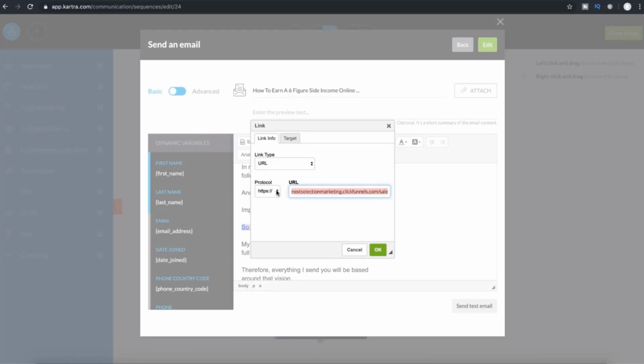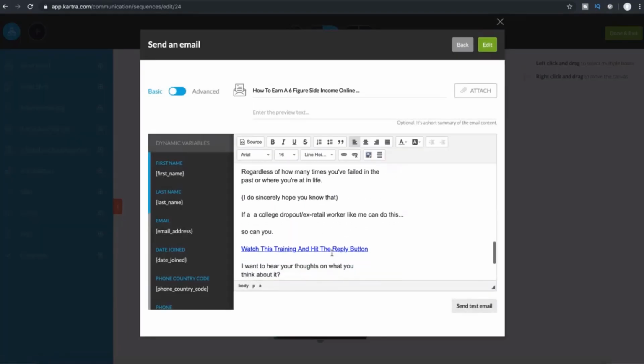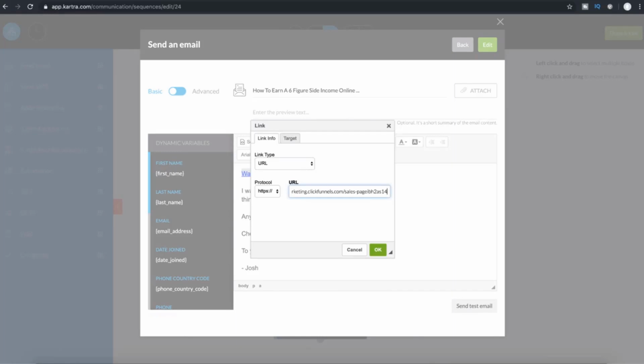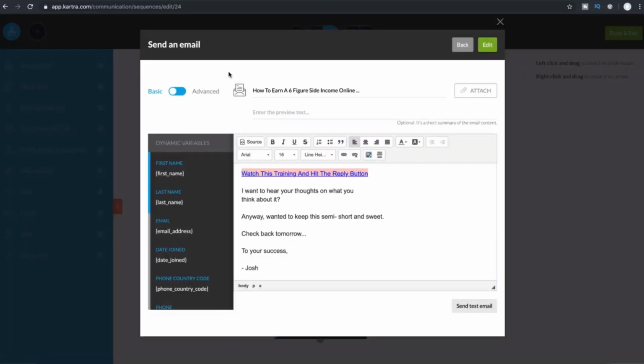So this is purely for ClickFunnels users, okay? And then you're going to click OK, and then you're going to replace all of the other links with the same exact link. Now, if you're using Kartra, what you're going to want to do is I'm actually just going